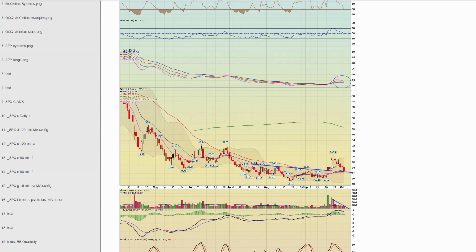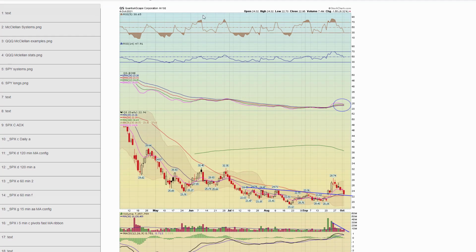It had a nice volume move, big volume move up here off this base. It's come all the way down. The volume has been light. I want to see if it finds support here. Notice your moving average ribbon is now pinching from a bullish configuration. Again, I need to see a trigger.